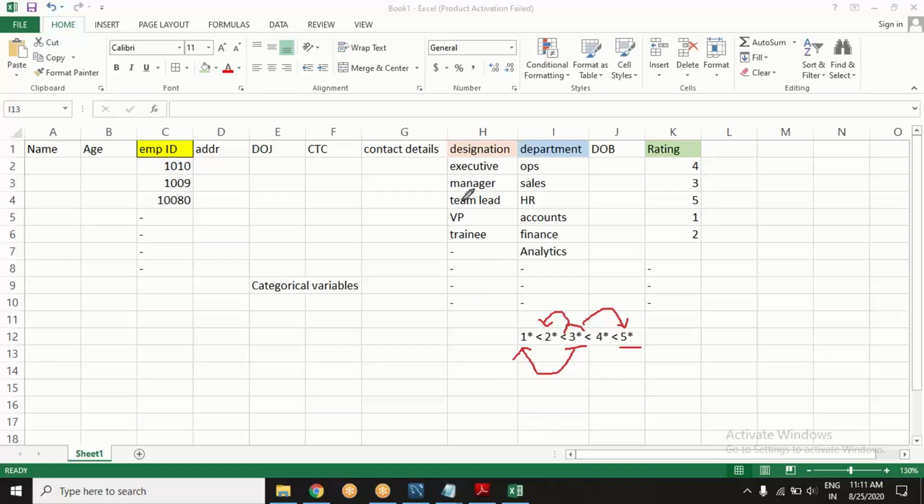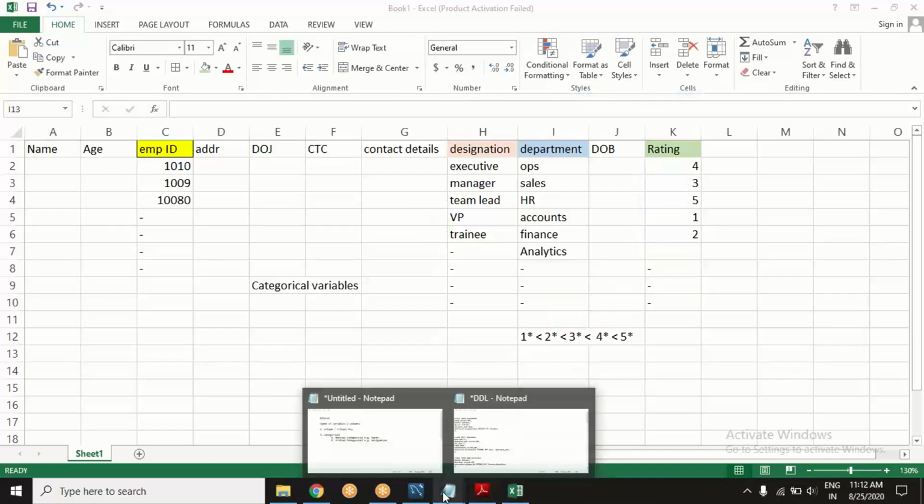Taking a step back, think about it. I know team lead is senior to trainee. By how much? Do I have any scale here? I don't think so. You're getting this idea, right? So there is order, but there is no scale. In this case, there are categories, then there is order, and then there is interval also.